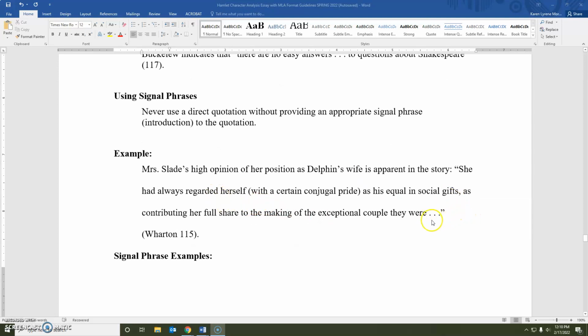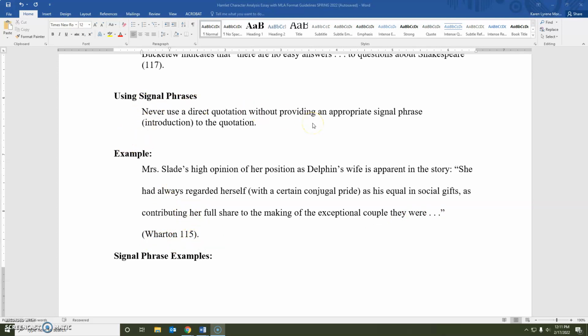So generally, I don't use ellipses at the end of a quotation. I generally feel it's implied, but you may have learned to do it this way, so it's okay if you do. But generally, it's not needed. So make sure that you definitely use the rest of the punctuation as needed. This one's a little bit of an iffy one. Do end with quotation marks and a period after your parenthetical citation.